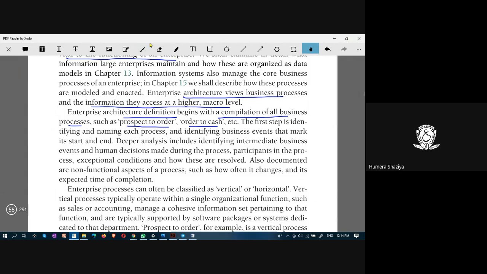That is an example in the context of a college. In the context of some other business enterprise, different functions would be prospect to order, order to cash, and so on, several other